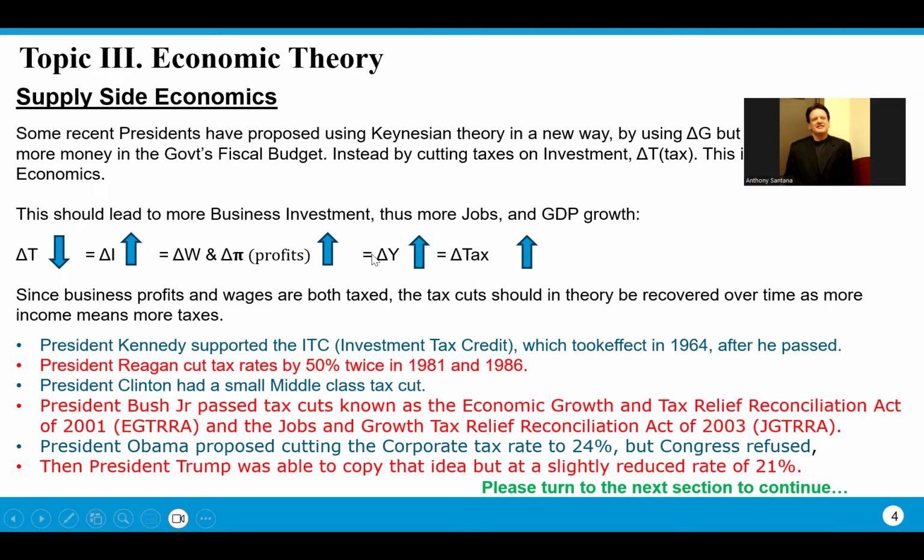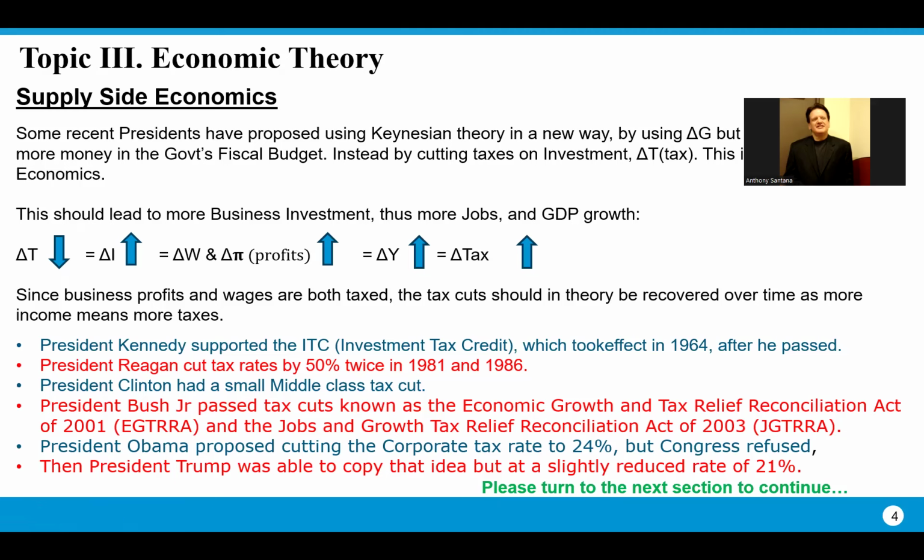And then this will make GDP go up. And when GDP goes up, well, then your taxes will go back up. So you cut the taxes, but when you multiply, you cut the tax rate. But when you multiply, you get a higher GDP number. When you multiply the higher GDP number by the lower tax rate, you're going to get more tax dollars